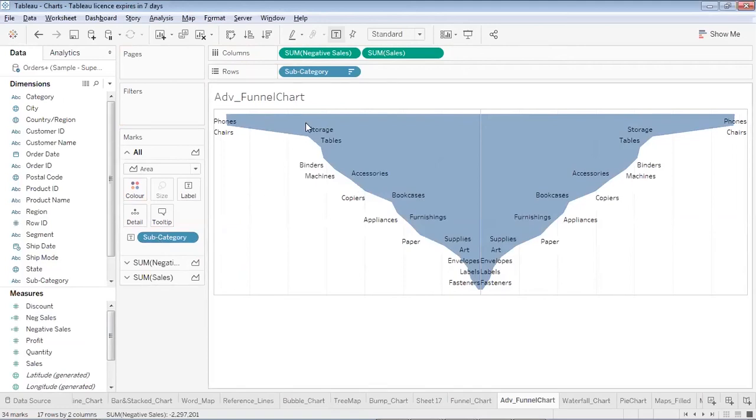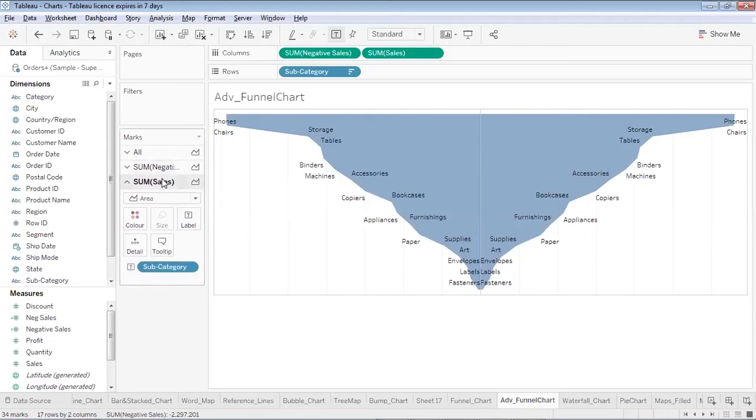Supposedly, on the left hand side, I want the name of the subcategories, and on the right hand side maybe I want the sales. For the left hand side, the things remain as they are. Over here, you will see that for the left hand side and right hand side, I have got these two fields. This is for the entire one.